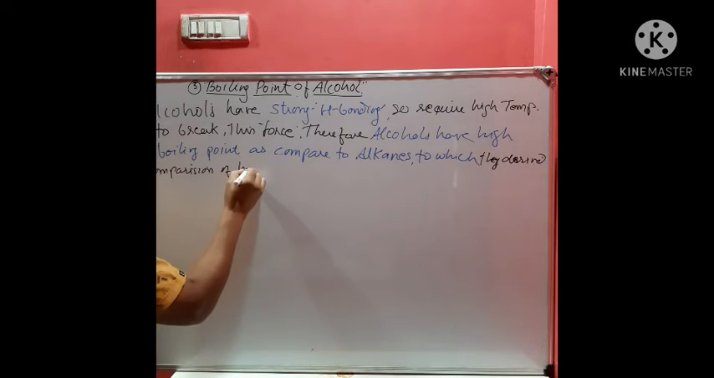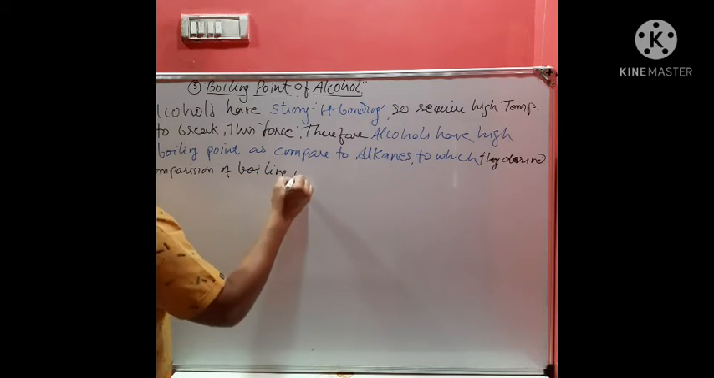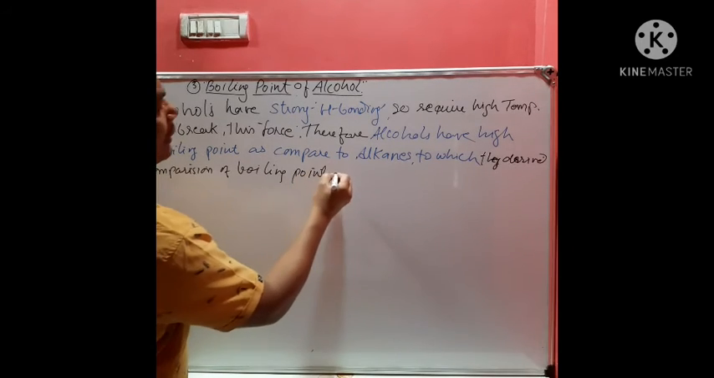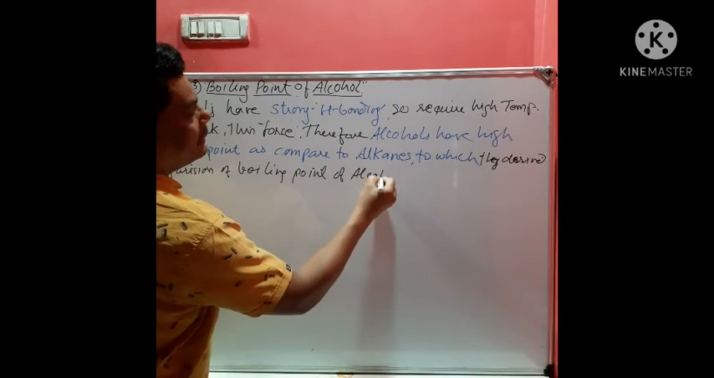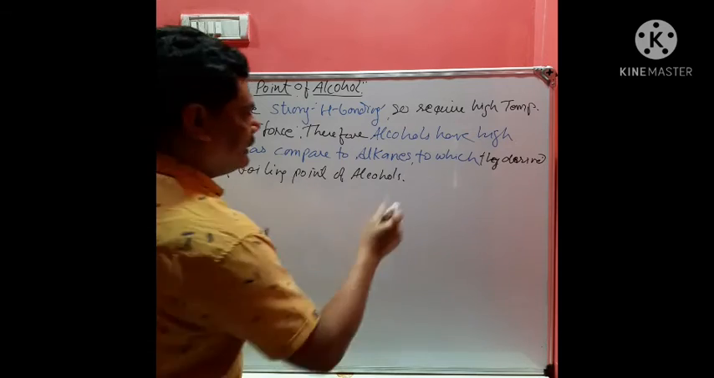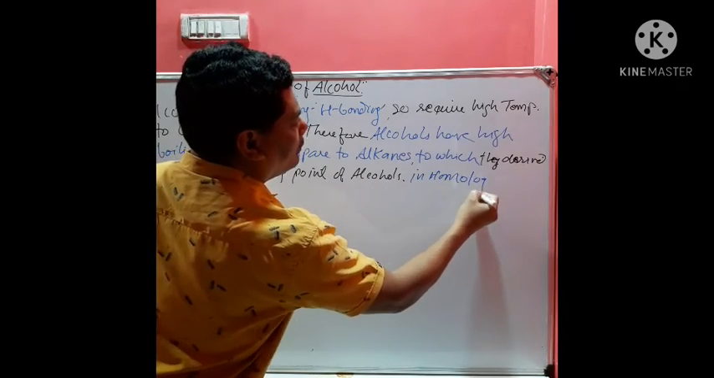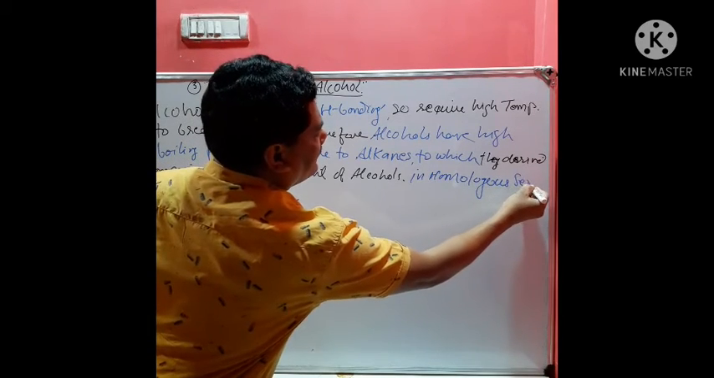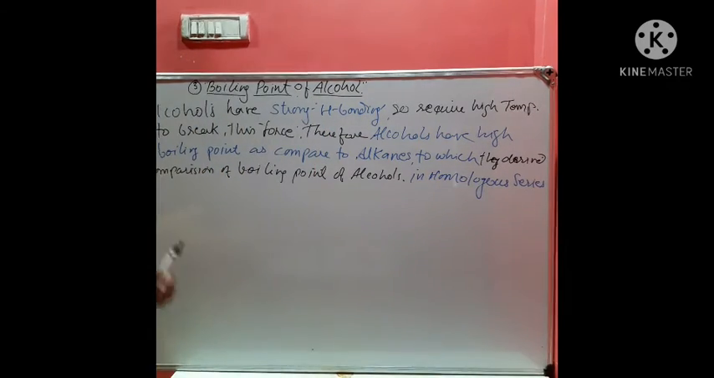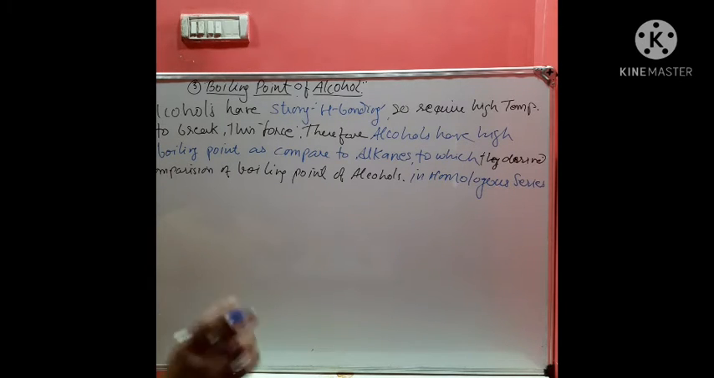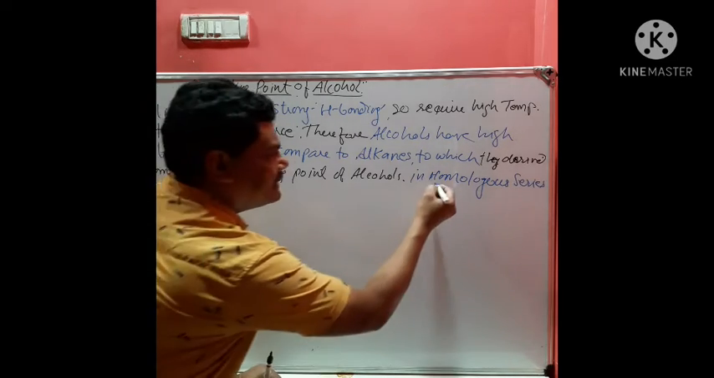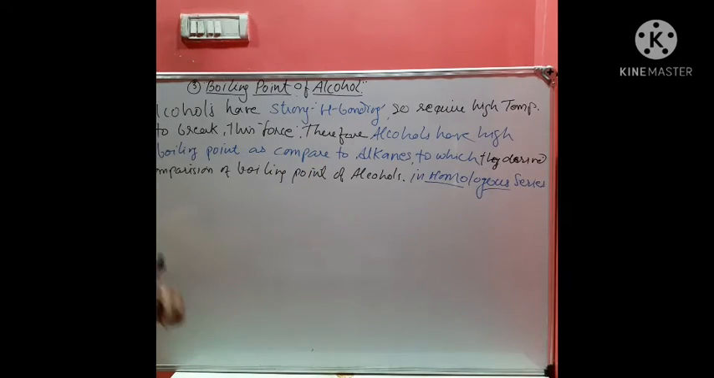Next one, comparison of boiling point of alcohols in homologous series. I think there is no need to explain homologous series. What is homologous series? Increasing the number of alkyl radicals in different alcohols and getting a series having the same functional group. This is known as what? Homologous series. So in homologous series,